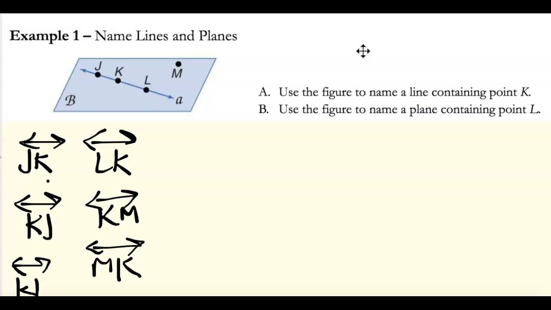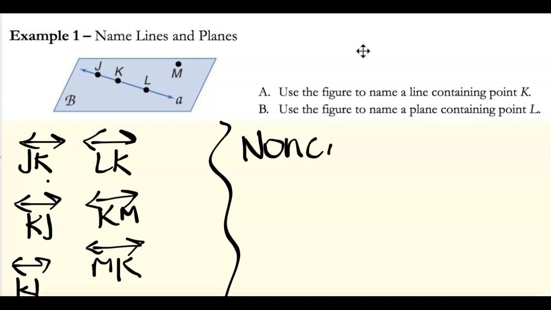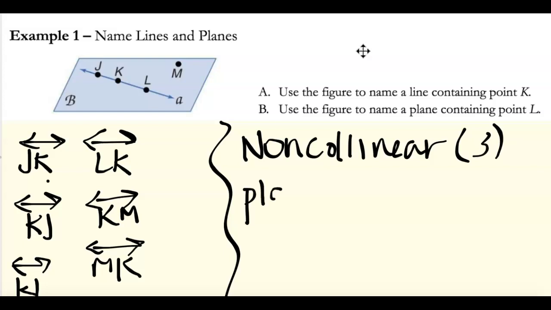So you are then going to look at part B, and it says use the figure to name a plane containing point L. So again, the stipulation for planes, planes need to have 3 points, non-collinear. Again, what that means is you're going to have 3 points not on the same line. So if we have to use L, you have to use the word plane again, and then we would say